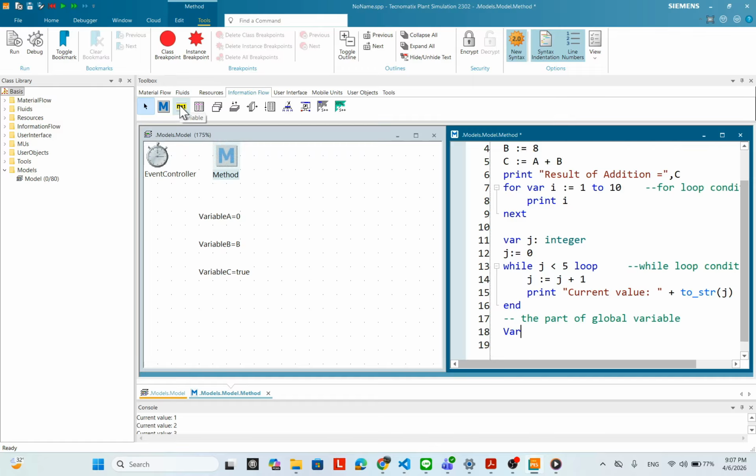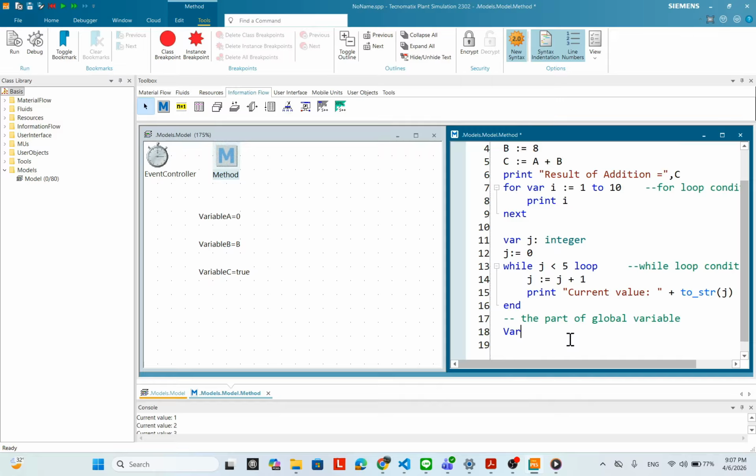The global variable like this. The window will show you variable A, B, C, right? And different types, three types. And right now I will use that variable inside of the method, inside of the editor. Over here, variable and